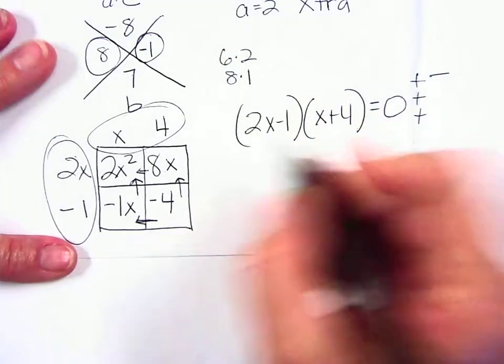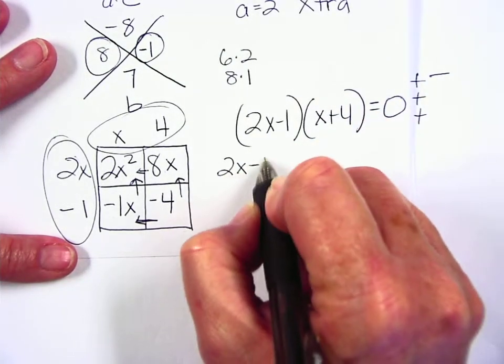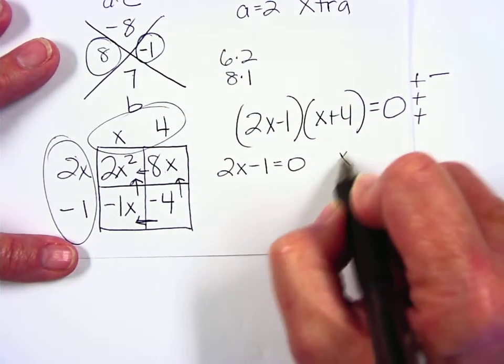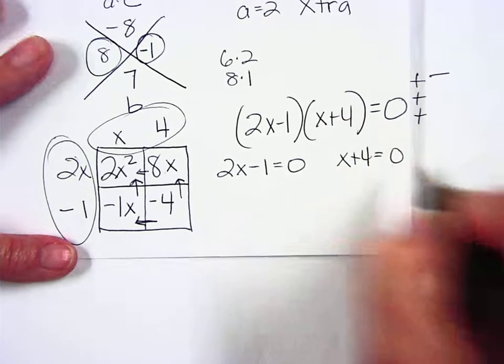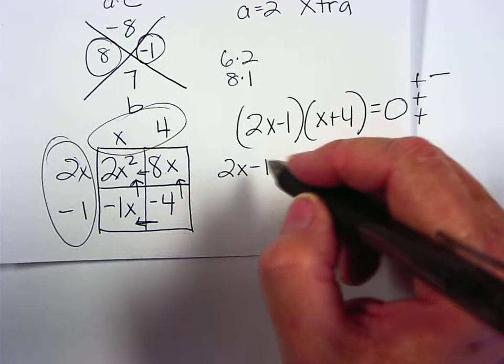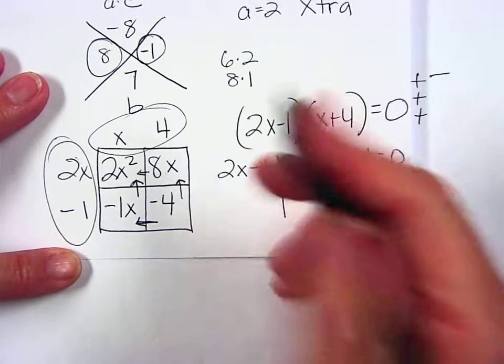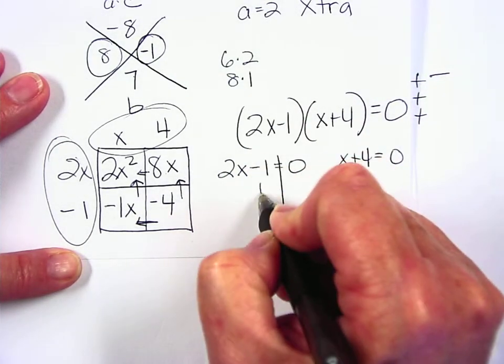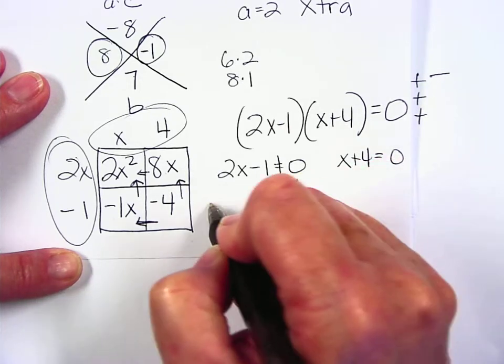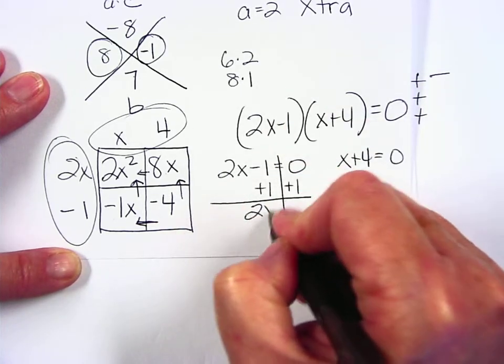Set each factor containing a variable equal to 0. Be careful here. You're going to isolate the variable. In this particular equation, it's 2 steps. First, you have to get 2x alone, so you have to get rid of -1 by adding its inverse. And